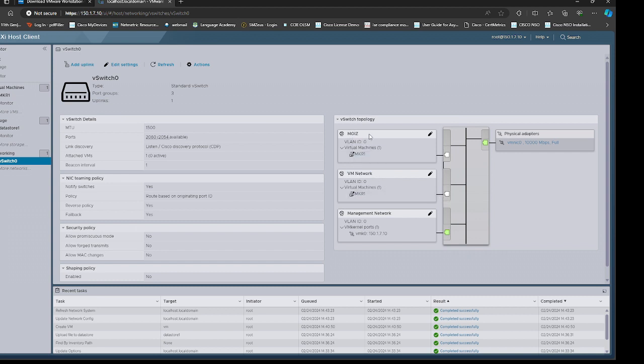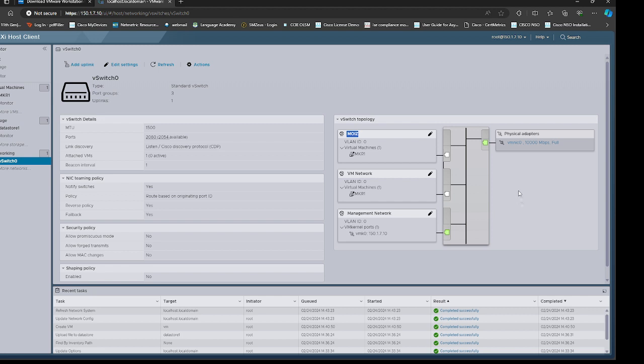But it doesn't matter if I connect to this port group or this port group, all of them are connected to this particular uplink. That means all the traffic will be sent via this particular adapter. No matter how many port groups you create, the traffic will go via that particular adapter.